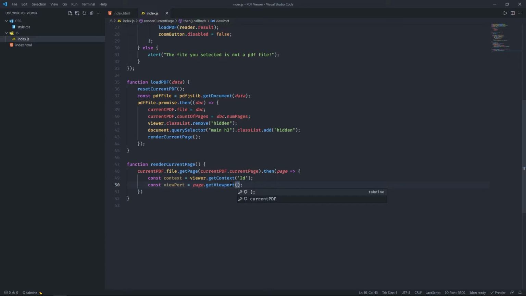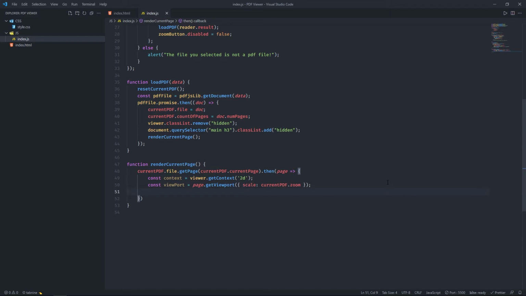And here we have to pass an object which has a key called scale, and the value will be currentPDF.zoom. So basically in this line we are specifying the zoom value for the PDF file,